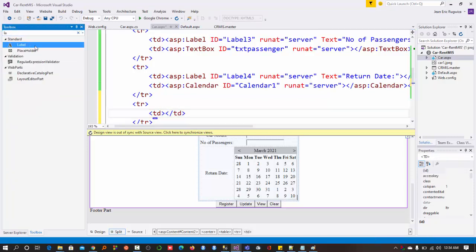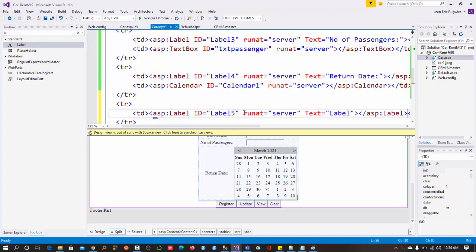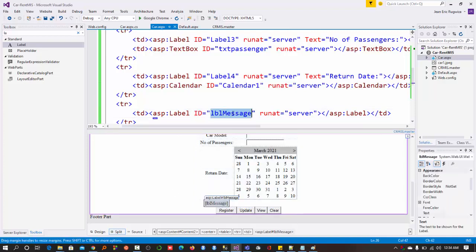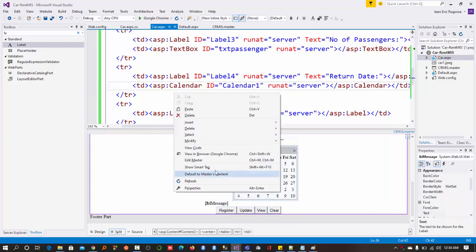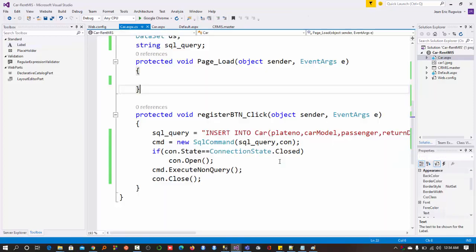The text, I'm removing it, but the label ID is LBLMessage. So after this one, let me view the code. After closing, I can say LBLMessage is going to be equal to